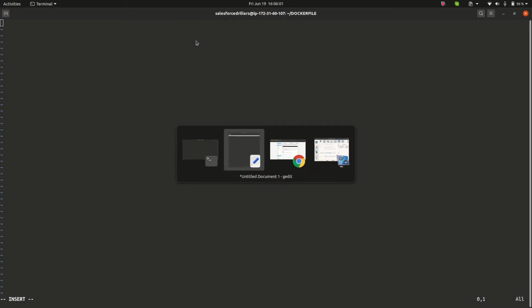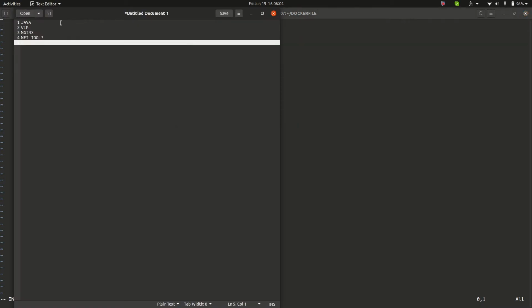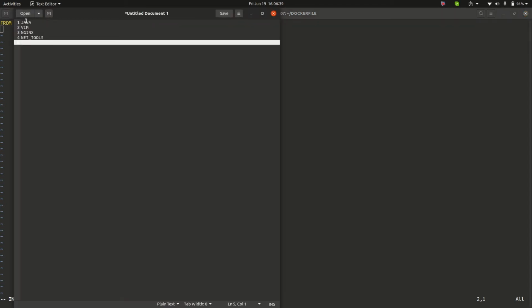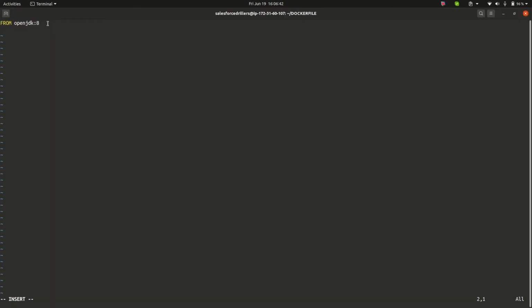Now let us have a look at the requirement. What do we need? We need Java first of all. So we will write FROM, and it should also be in capital letters. FROM means from which base image, that means on the basis of which image we are creating our own custom image. So FROM, let us say, OpenJDK:8, it means from the Java image of version 8 we will be creating our custom image. This will be our base image. So our Java dependency is now done, because we are already taking the base image as Java.